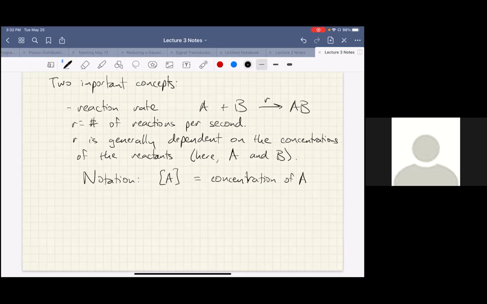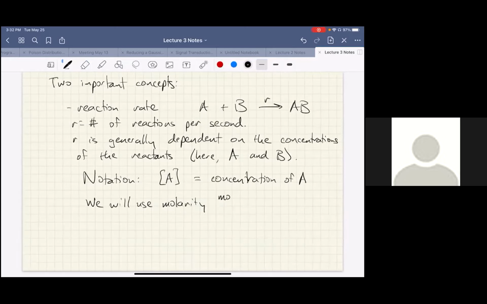Now again, you might have to think way back to your last chemistry course about this, but molar concentration is not that difficult a concept. We're going to use molarity, by which we mean